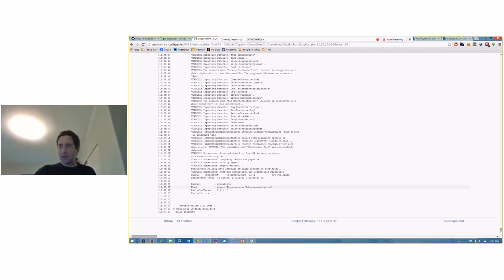It's no longer there, but it was able to publish that without me having to really do anything. The only thing I had to do was push my local copy via source control, via Git, to GitHub, and then this saw that and was able to actually